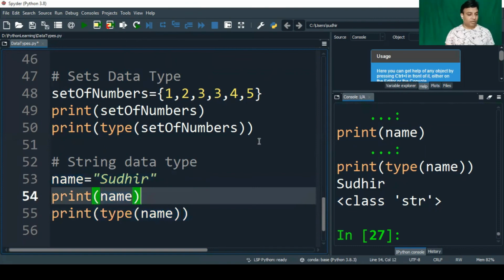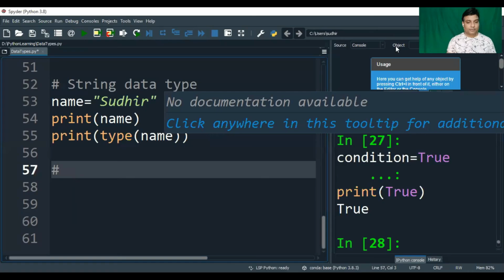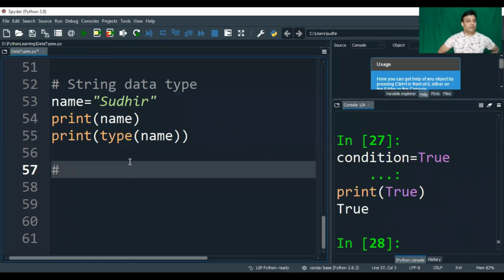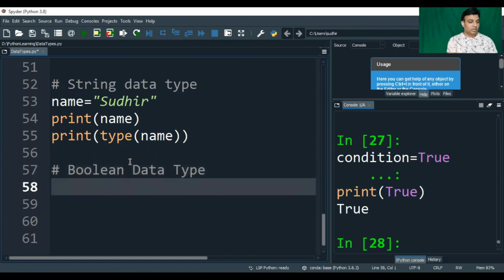The next one we have is Boolean. Okay, guys, the next category of data type is Boolean. So let me give you a comment. Boolean data type. It's very simple and straightforward. Boolean means just true or false. For example, whether the user has received emails, whether the user has received notifications, true or false, right? So whenever there is a condition, when you want to decide whether the condition is true or false, you can use this variable.